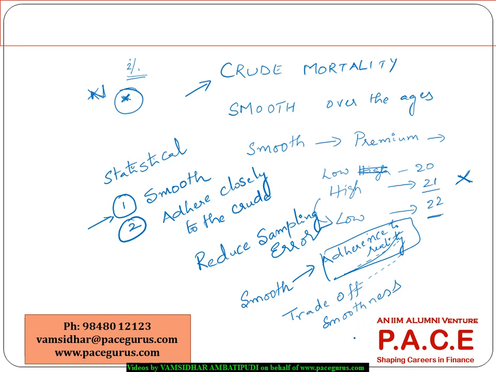It's a trade-off between smoothness and adherence to the actual data. So I may have to define some level of adjustment to the smoothness and some level of adjustment to adherence, so that overall it looks like a better graduation process, which balances between smoothness and adherence to the actual data. Because in general, as I said, the main intention behind this process is, we have a notion